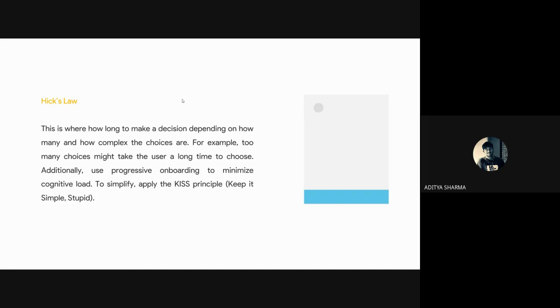We follow the same thing whenever we want to improve the user experience or improve the process time. So we never give the user so many options. We stick to 2, 3, 4, not more than that. So the more options we give to the user, the harder it will be for him